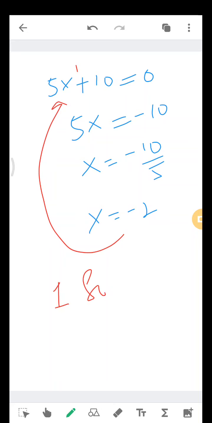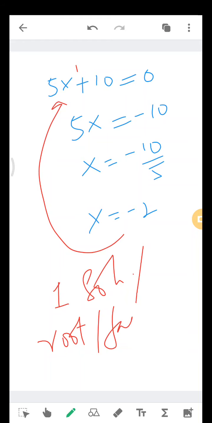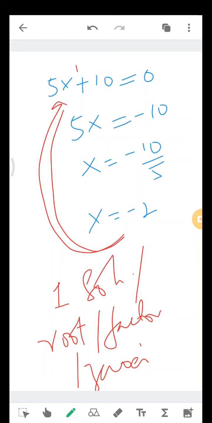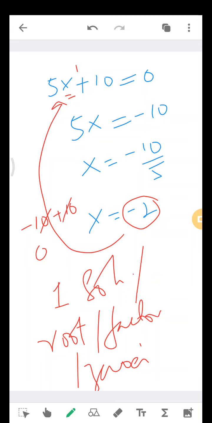How many solutions does it have? Only one, because the degree is 1. You can call it one solution or one root, or you can call it one factor or 0. So these are the different names of solution. This minus 2 is called the 0 of this polynomial 5x plus 10. Why is it called 0? Just substitute minus 2 in place of x here. What will you get? 5 into minus 2, that is minus 10, plus 10. So you'll get 0 here, right? So that is why this is also called 0 in 10th class.